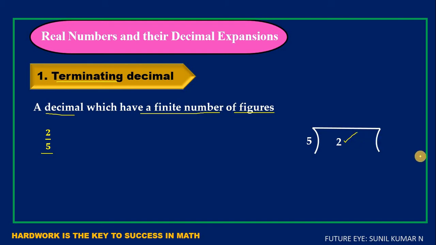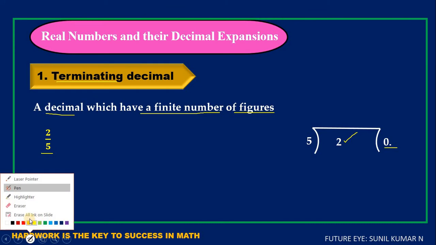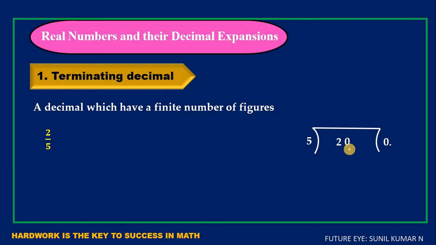Therefore let me take 0 point, and now I can consider a 0 here. Now I have 20. 5 fours are 20. Now subtract. I will get remainder 0, but the quotient is 0.4. Now 2 by 5 decimal expansion is